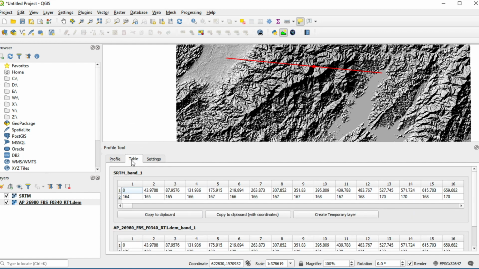Click on the Table tab. The first table is SRTM and the second table is ALOS PALSAR.